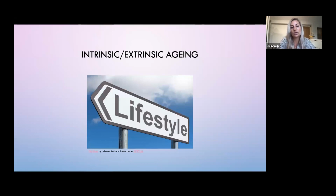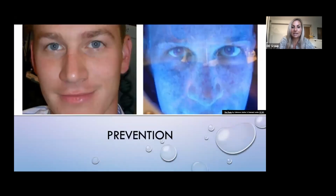But it's really important we get our client to understand intrinsic and extrinsic aging, like I said in the second part of this. And prevention is key. So we hone this in from the start, not just on sunny days like we've had today, but every single day. Make sure that, look, the reason you're having to invest money is because of your skin and the aging process. It's naturally happening, yes, but this is speeding it up. The damage to your skin that's being done from not protecting it is kind of almost like, and I refer to it